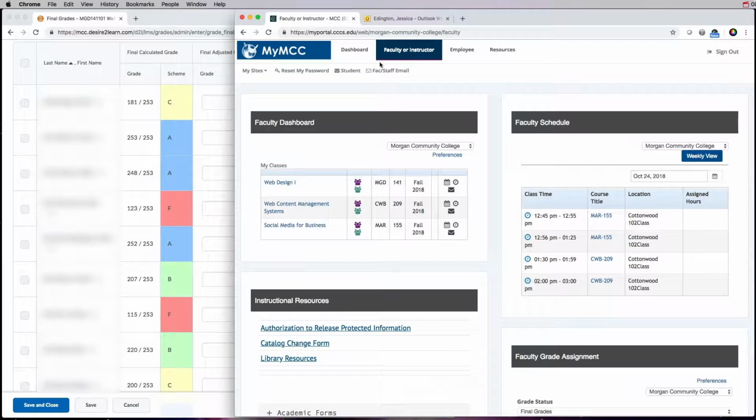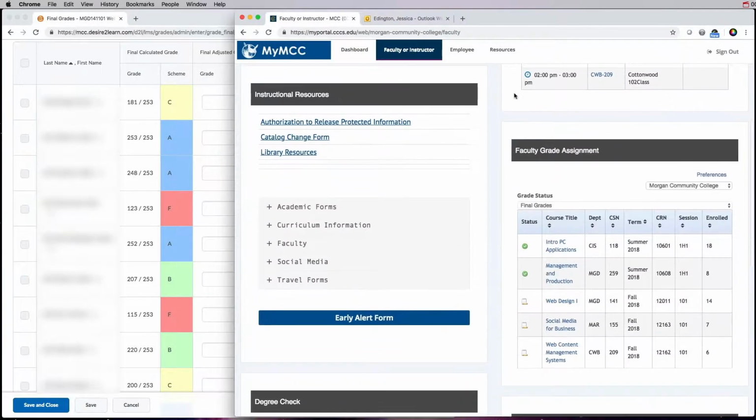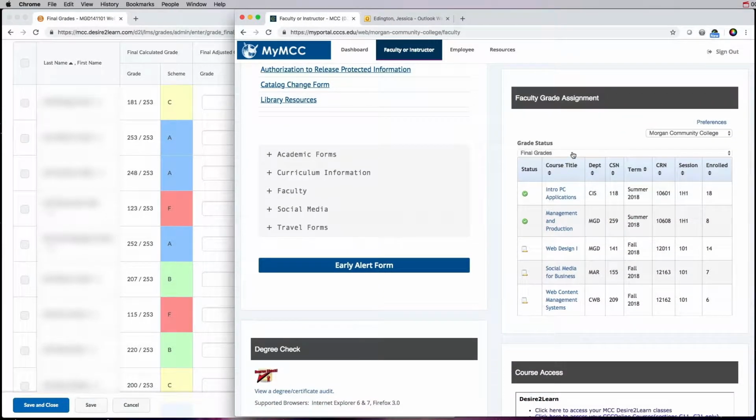Now, in MyMCC, you're going to go to the Faculty or Instructor tab, scroll down, and look for the Faculty Grade Assignment widget. In the Grade Assignment widget, you'll see that mine says Final Grades right here. You can also change this to midterm grades or gradebook marks. I've actually never used those, so I don't know what their purpose is, but we want to make sure this